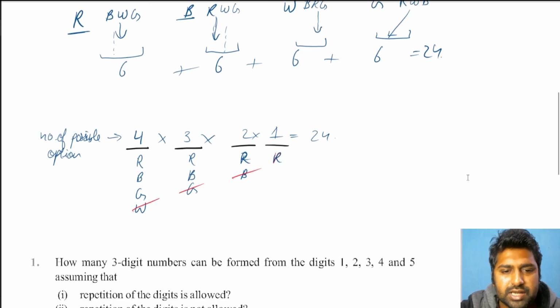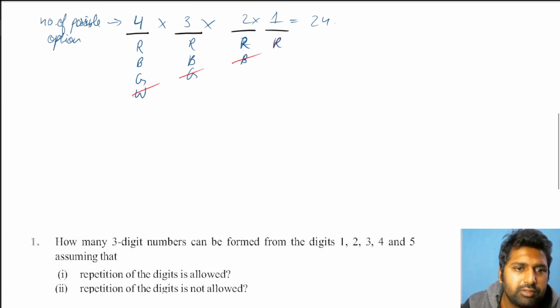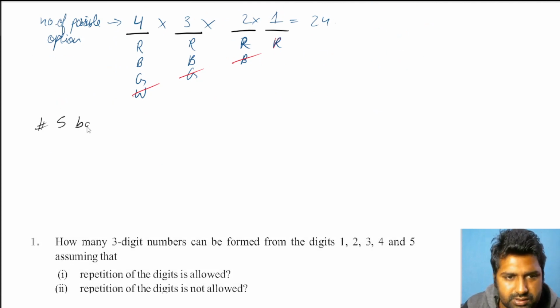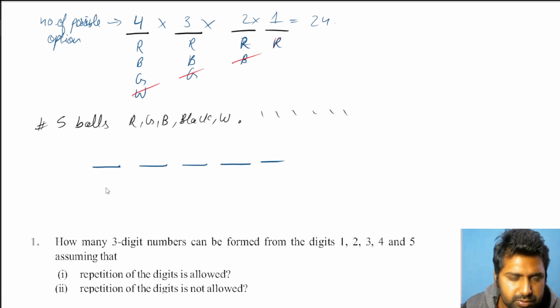Now pretty much I think you can judge, but let me give you one more example for 5 balls. Red, green, blue, black, white. Again we are finding the number of arrangements. So again, all the balls are being used. That means there are how many dash? 1, 2, 3, 4, 5. In the first position, red can come, green can come, blue can come, black can come. I'm writing BL for black, and white can come. So all 5 possible